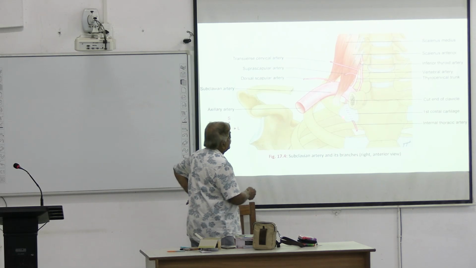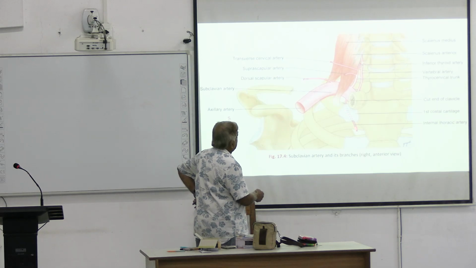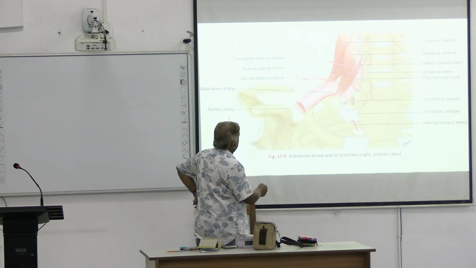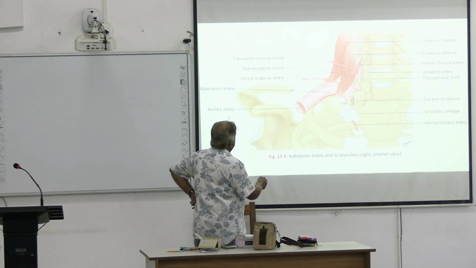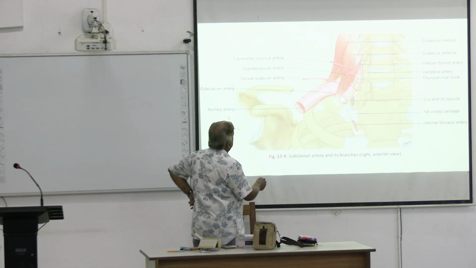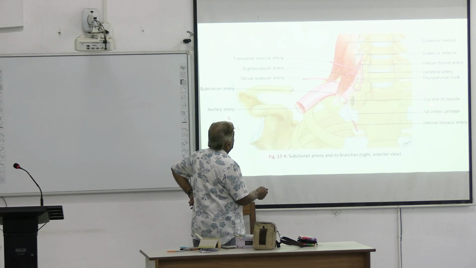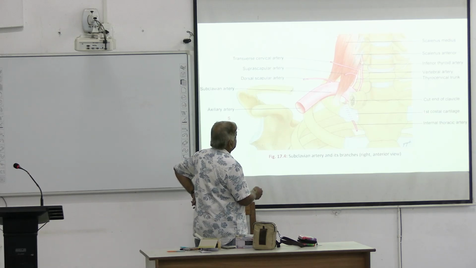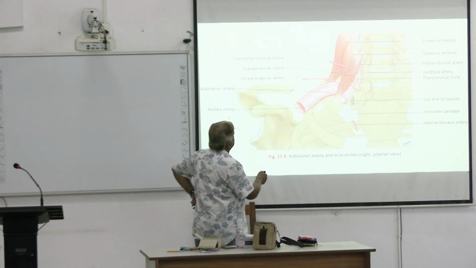Now this is the internal thoracic artery. Now the cut end of the clavicle, you see behind the clavicle, just above, the first costal cartilage. Now this is the thyrocervical trunk, this is the vertebral artery, inferior thyroid artery, scalenus anterior muscle,